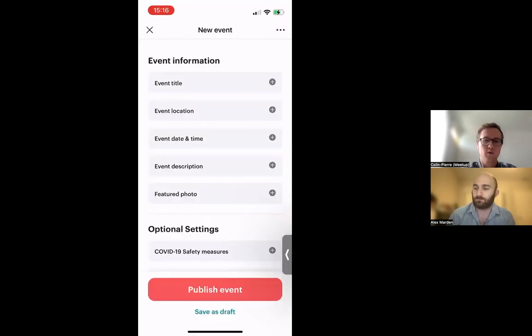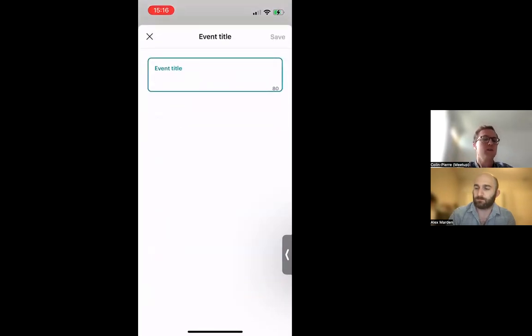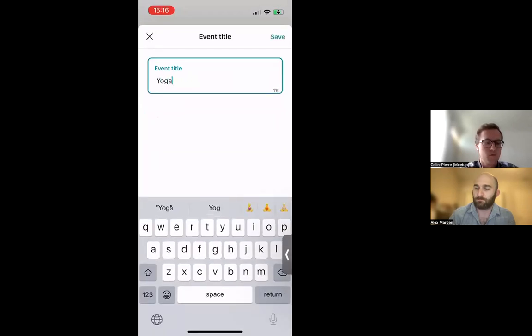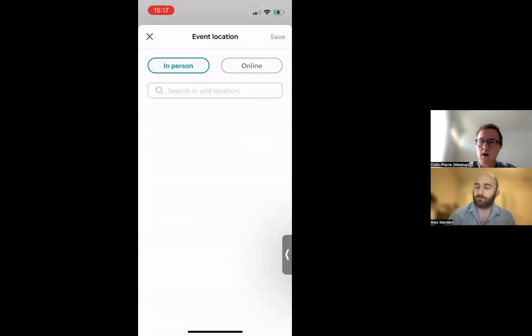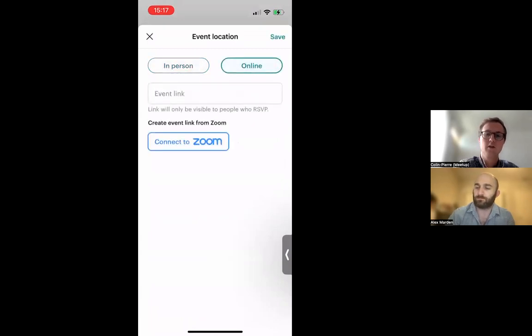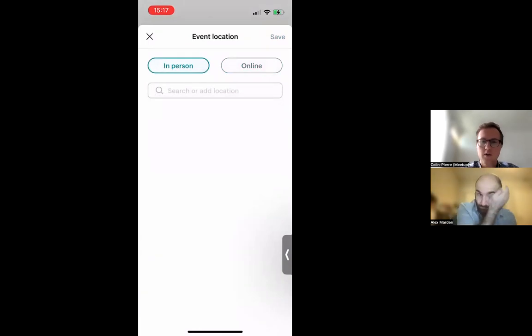And this is the event scheduler where you can input all of your event details. Let's make an event. Since this is a yoga group, we'll do yoga in the park. Now this is a little different from my normal events because they're typically virtual. I'm just going to show you how to do an in-person event. So we'll save that. And then the event location, you can choose whether the event will be in person or online. Now for online events, you can include the online event URL or connect your Zoom account to automatically generate a Zoom link. But for this event, we'll select in person